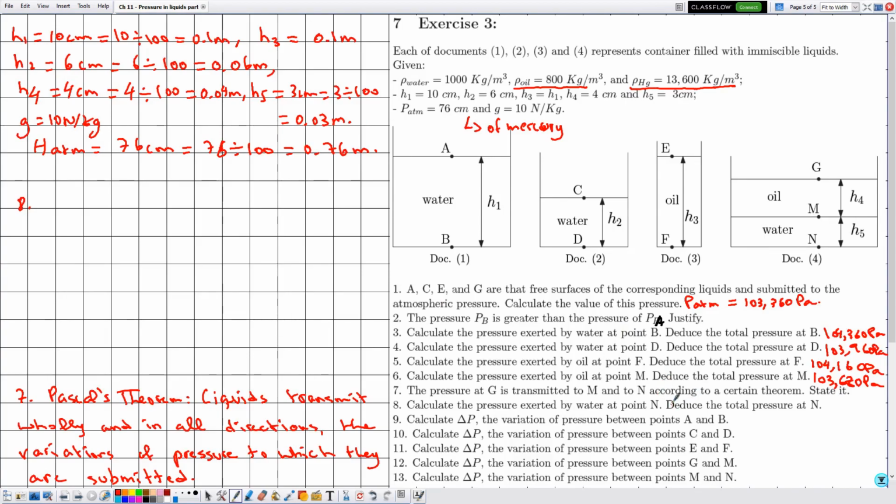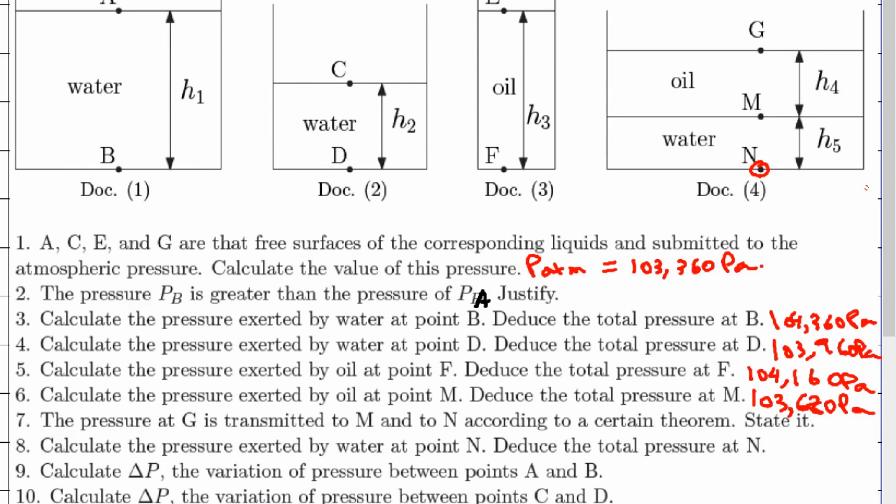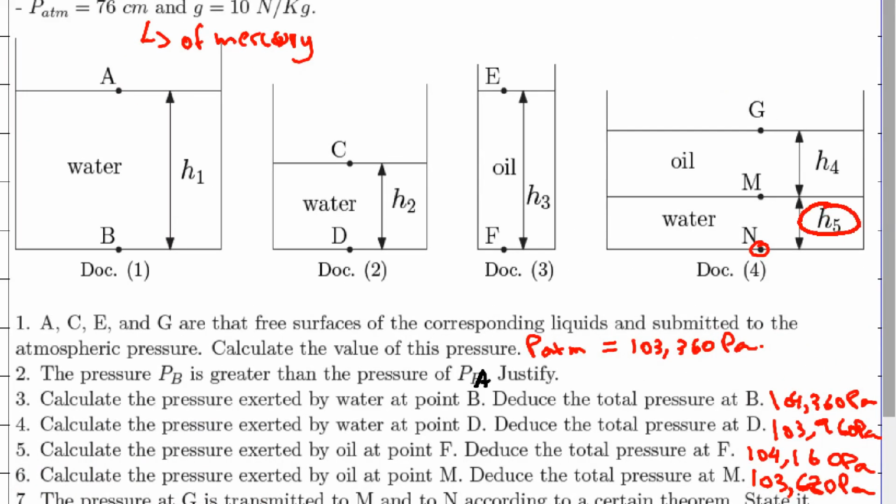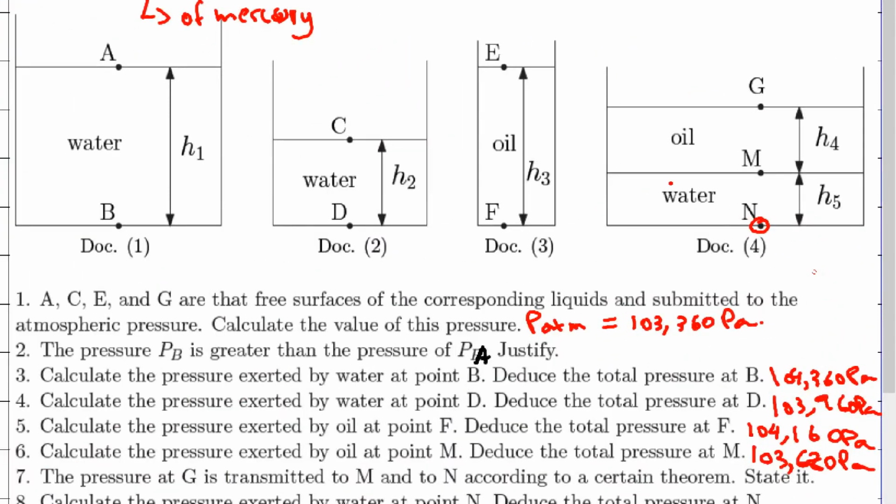And now as for number 8, calculate the pressure exerted by water at the point N. So notice that here in this case the point N is being submitted to two pressures, the pressure due to water and the pressure at the point M. We are interested in determining the pressure at the point N due to water. So let's say Pw is equal to the density of water times G times the depth, which is H5 in this case,